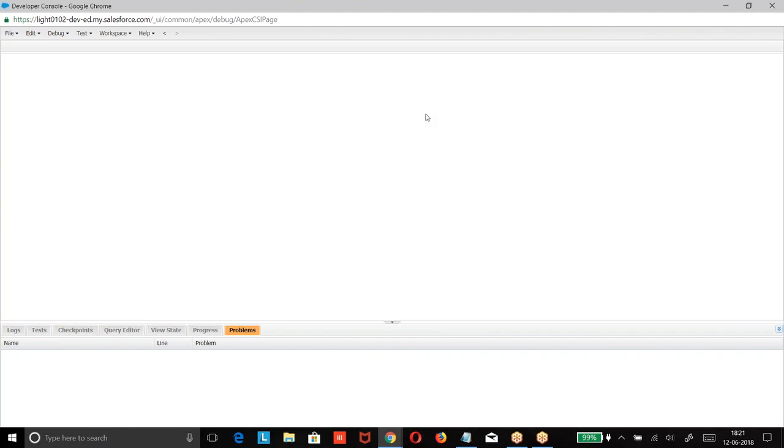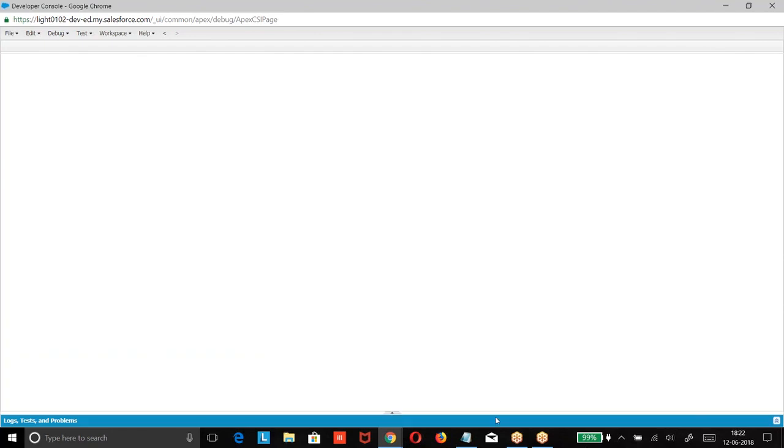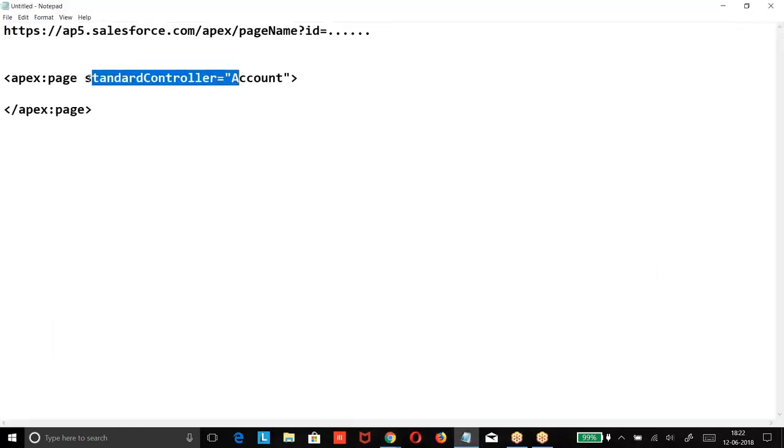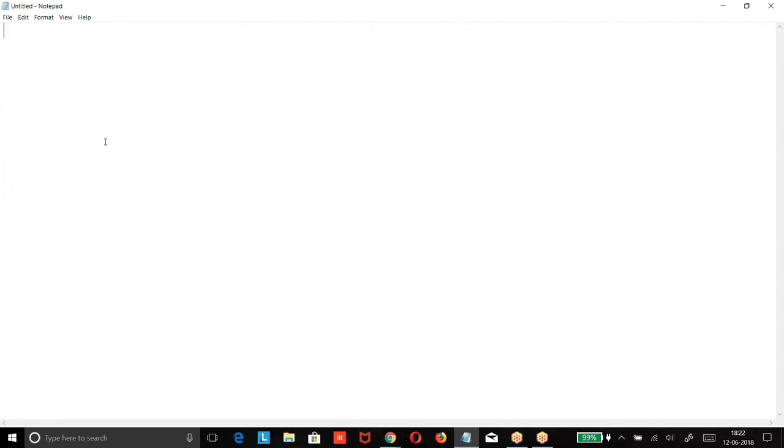Now we'll understand how to create your own global actions, and how to create object specific actions. There are two types of actions that we have. One is a global action, the other one is an object specific action. This is common in case of Lightning or Visual Force. So what was that? We had actions. The action can be a link, it can be a button.